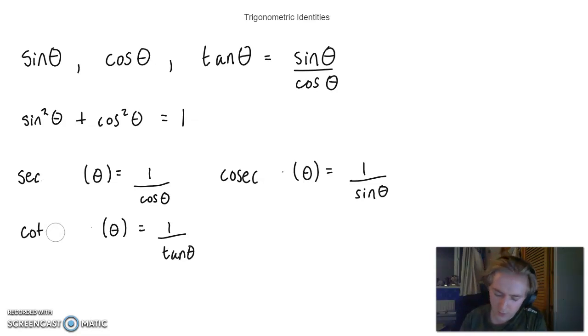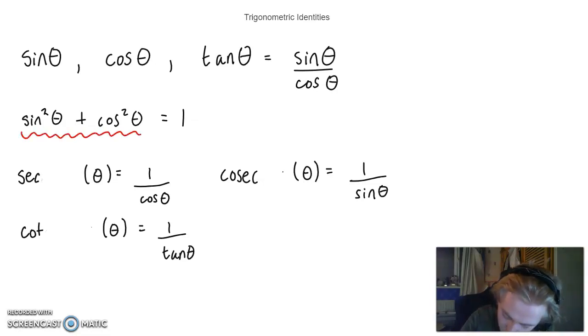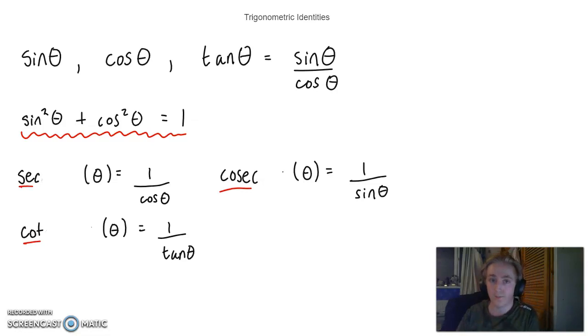Are you able to see a way we can manipulate this equation? I'll draw a line in red quickly. Can you see a way we can manipulate this equation to be able to have either sec, cot, and cosec in one equation? Yeah, perfect. So that's completely the way we do it. So if I just scroll upwards slightly,